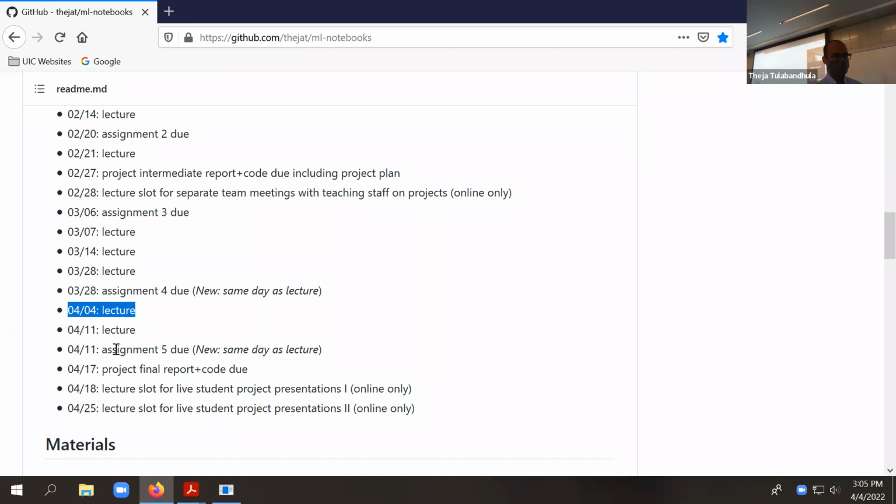As you know, assignment is due in 7 days, right? So assignment number 5 actually involves hidden Markov models that we'll cover today, but it also involves two unsupervised learning techniques. One is principal component analysis, and the second one is k-means. Today we'll certainly try to cover k-means as well in the second half, and hopefully we can cover hidden Markov models in the first half. Principal component analysis, if we can cover it, we'll try, but I don't want to rush through. If not, we'll try to cover it in the next lecture. Okay. Of course, the assignment is due the same day at the end of that evening. So